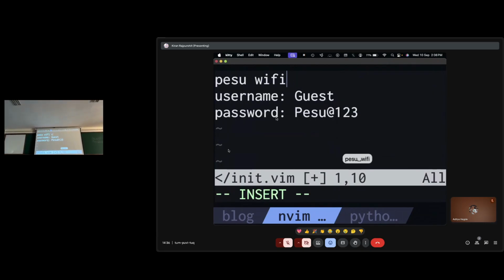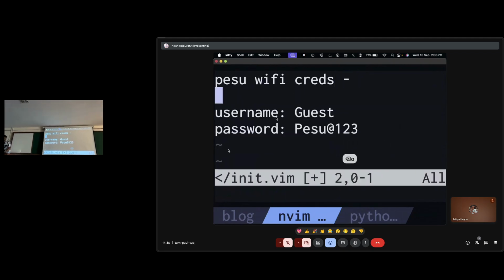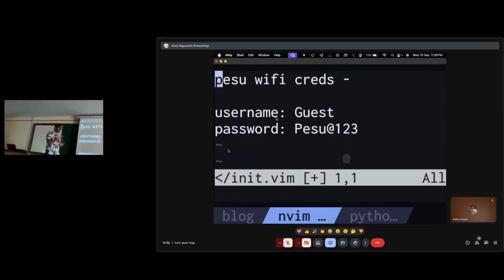Kiran, is this the only thing they need, or do they need to copy paste other things in the future? It's the only thing. Then just show, no, they can just type it out. It's really not very long. By the time they're connected to PES Wi-Fi, going to your local IP. But I think it's better if they have Wi-Fi. That's the... now I need to add this.